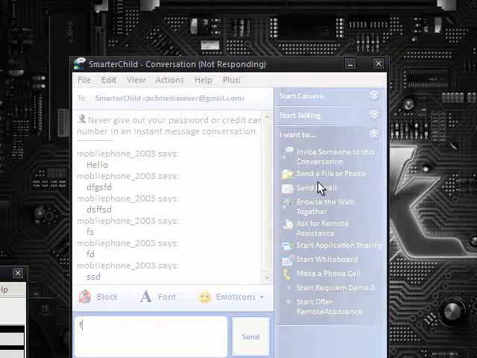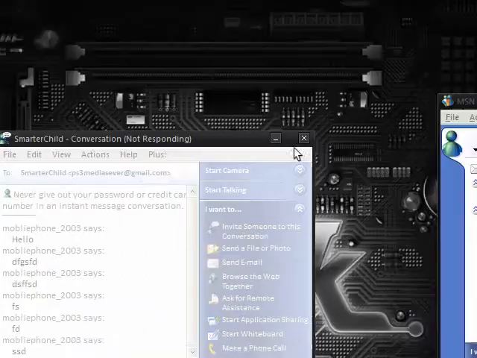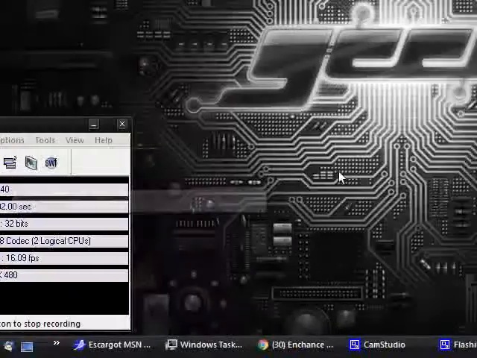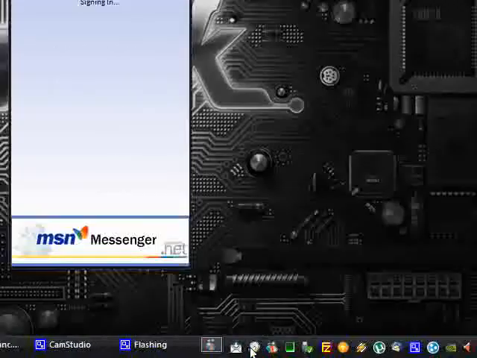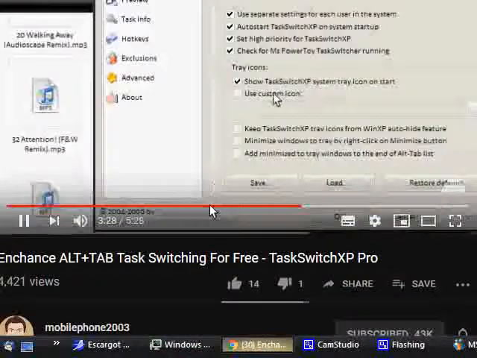So it actually runs in the task bar here, but you can actually hide the icon if you want to. You just go to Quick Preferences and then Hide Tray Icon. And there's a few things I probably haven't even covered, but I'm just going to go through some of the basic settings. You can have an auto start with Windows, set the high priority, use a